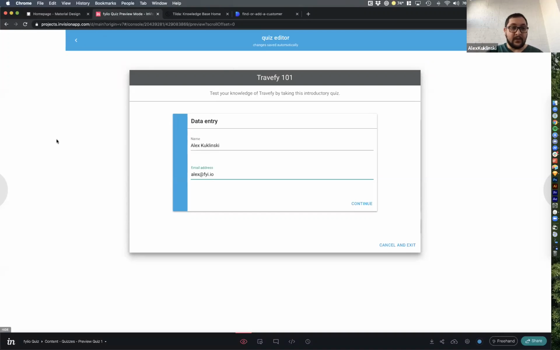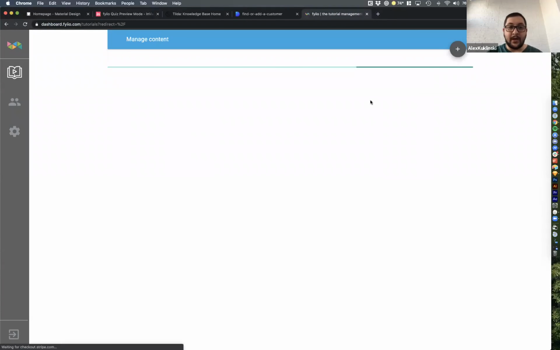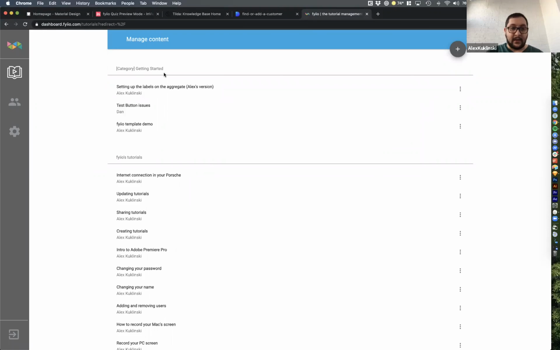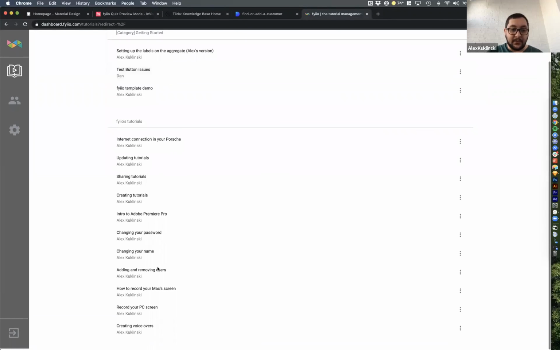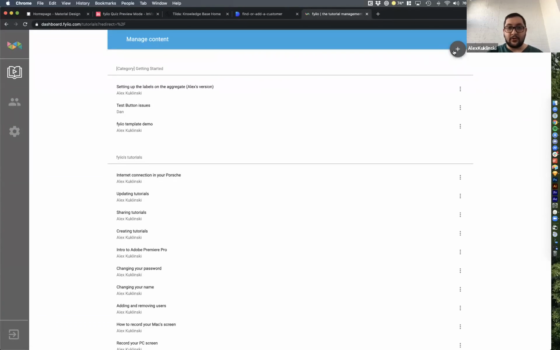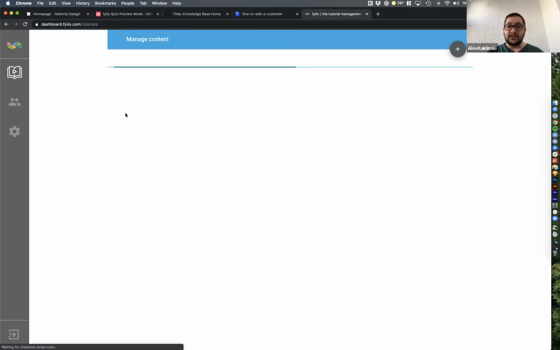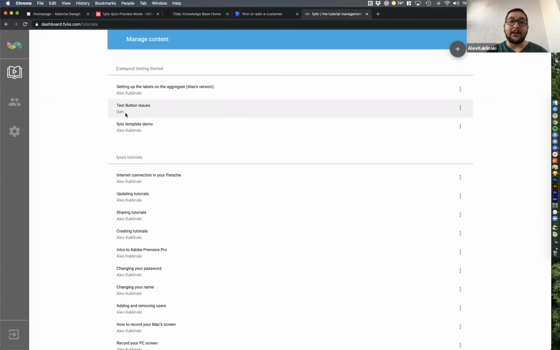So those are just some of the different tools that I've used. When I actually go into the platform, you can see how close that resembles our actual product now. So this is all the tutorials that I've made on the platform. And then if I wanted to, create a tutorial in this case, which is a little bit different, it's not a quiz, but you can see the design is pretty much taken straight out of the mockups, which is awesome,